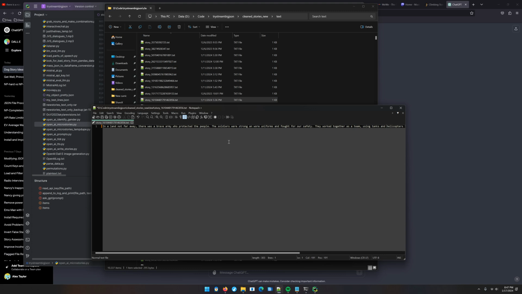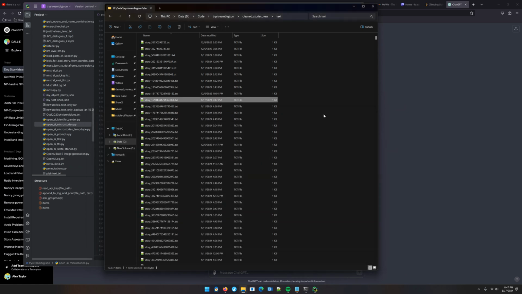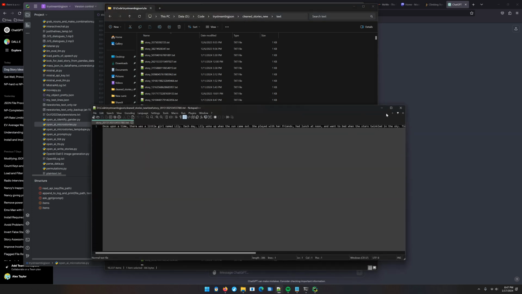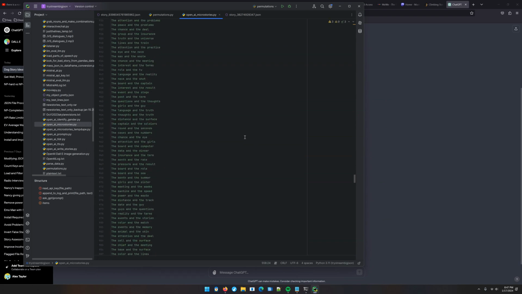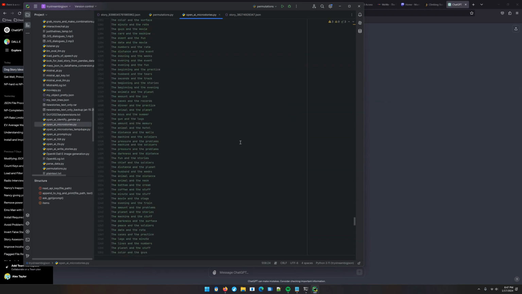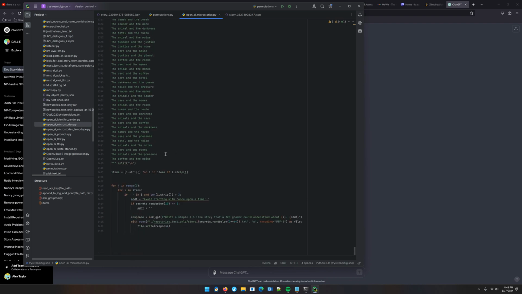They worked together as a team using tanks and helicopters to keep us safe from harm. We are grateful for their service and bravery. Because you could make an argument that was political, but I don't think so. I think it was a nice, lovely little story that just needed a minor correction. You get the idea. So I think ChatGPT 3.5 is inferior to Bard, at least the latest version of Bard.